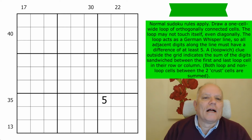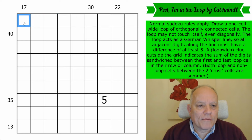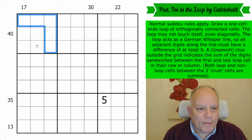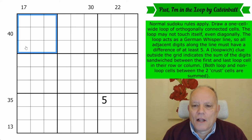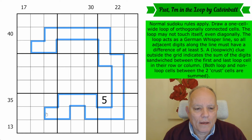Anyway, let's have a look at the rules here. Normal Sudoku rules apply. We're going to put 1 to 9 in every row, every column, and every 3x3 box. Now, draw a 1-cell wide loop of orthogonally connected cells. So this would be a loop of orthogonally connected cells. Oops, nearly got it wrong. Might look like